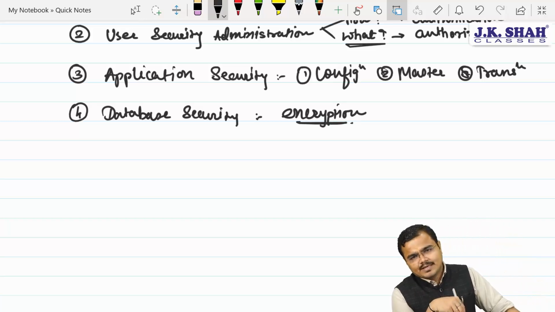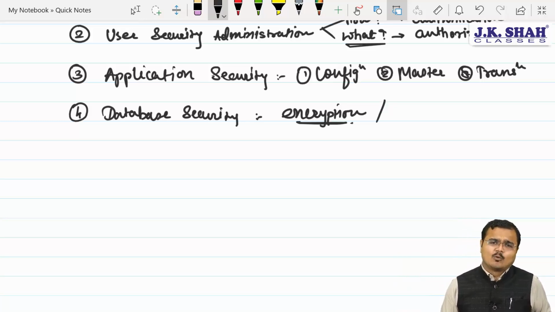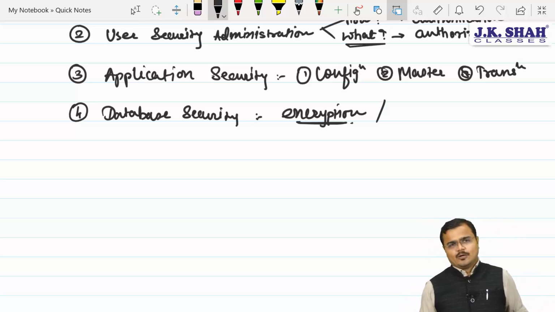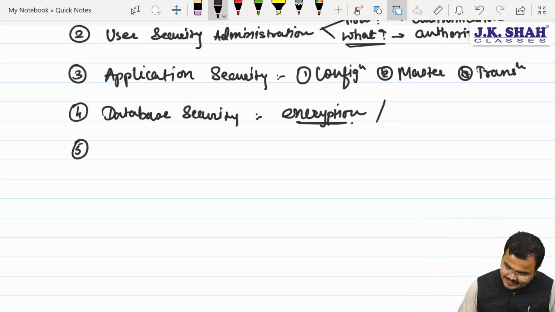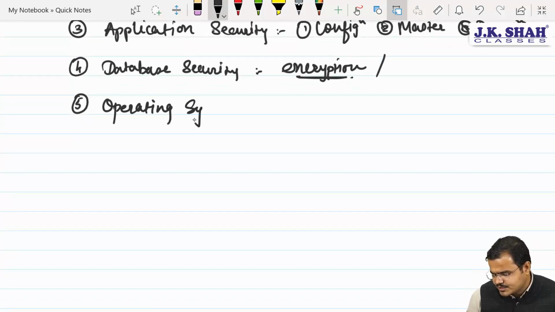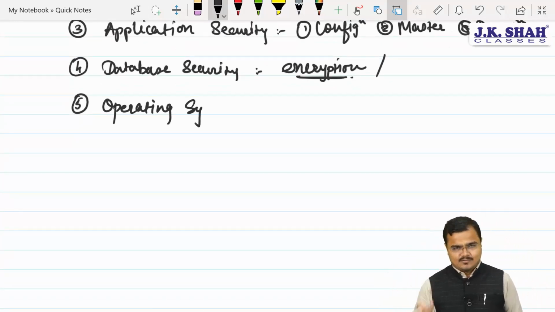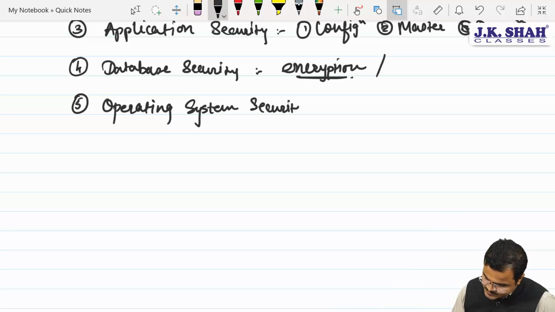Understood? Yes, sir. As well as the level of access has to be decided what? Sir, very carefully. Don't allow access to the system to everyone, chartered. Number 5, once the database is created, obviously, we need to remember the operating system in which the application and database was created. So operating system security would be what? Sir, once again, a very important aspect.